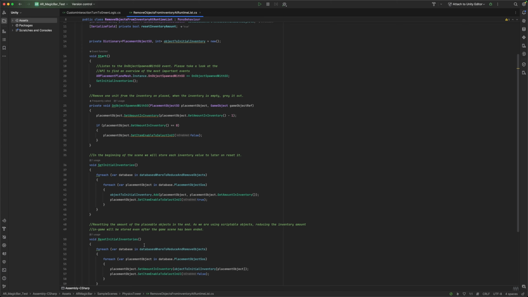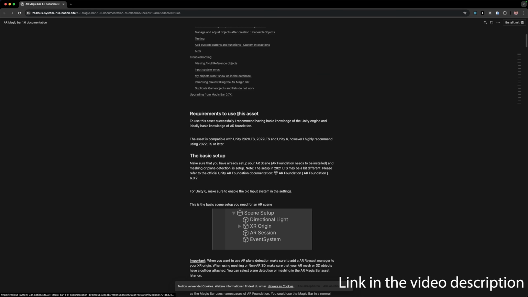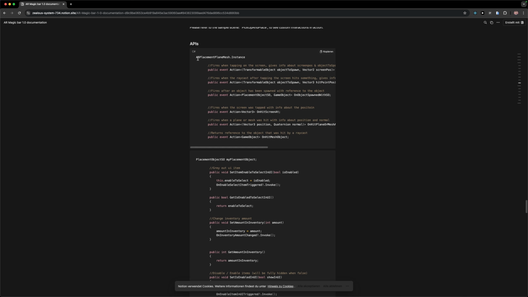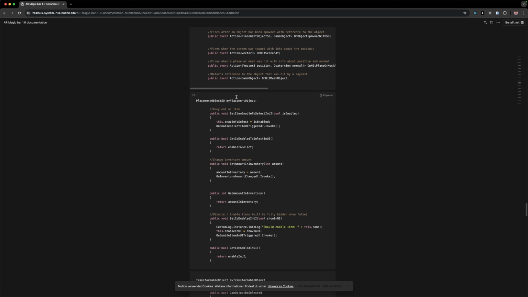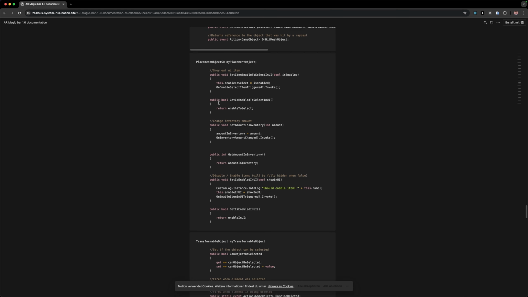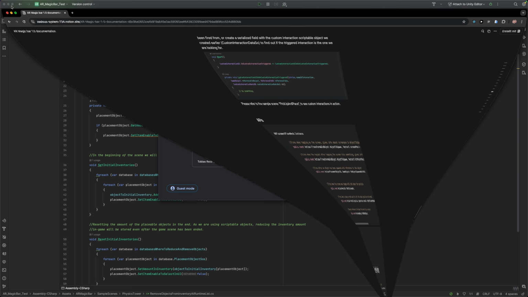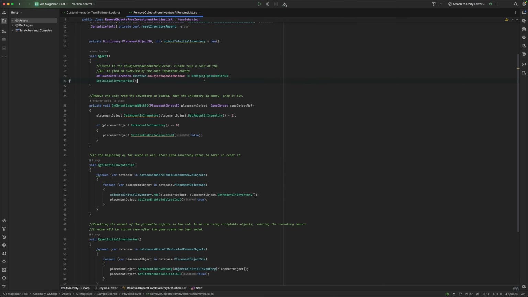can subscribe to, you can just open up the AR Magic Bar documentation, which is on a website. So here it is, and we can just scroll down and take a look at the APIs section. And here we do have the AR placement plane mesh and a lot of events that we can subscribe to and potentially use the information on. Same with the placement objects and same with a lot more. So these are all options that we can use to customize and use the AR Magic Bar to its full extent. So in this case, we're subscribing that if an object is being spawned, then we want to go into